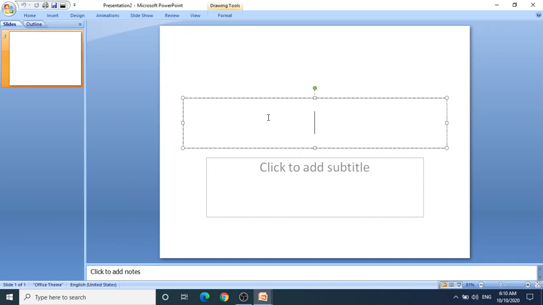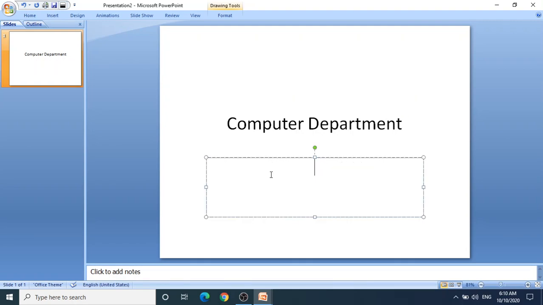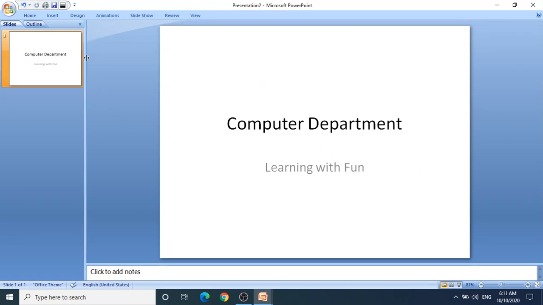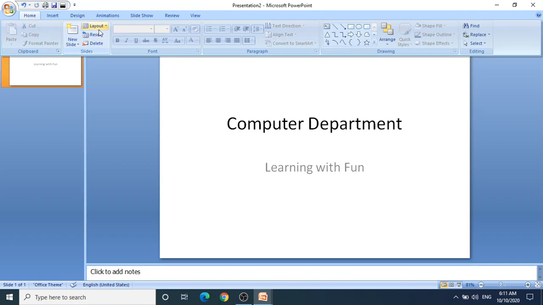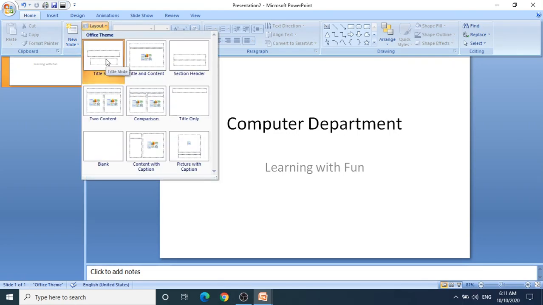Here they have asked us to write Computer Department, and the subtitle is Learning with Fun, right? So as I told you, whenever we open a PowerPoint presentation, by default we always have which layout? Title slide, right? We have the title slide, so title and subtitle.